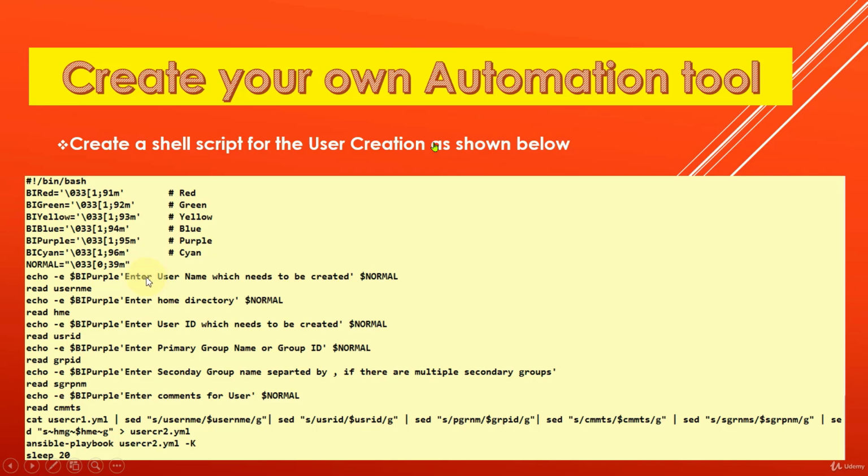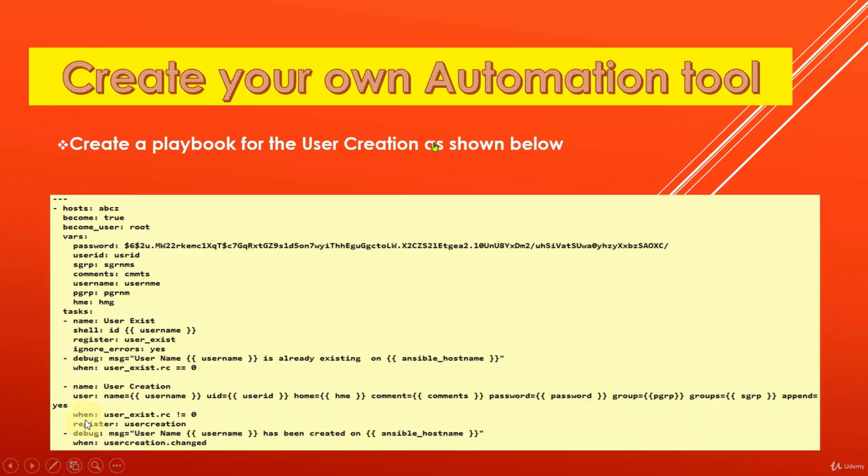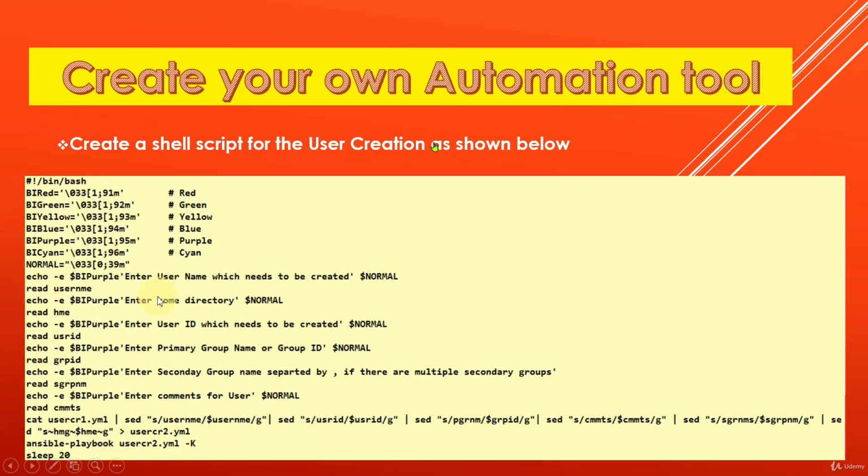I have used read for the variable. So suppose it will ask for the username, you have given David, so David would be placed here as the username, like home and all those things will be placed, and at last it would cat this file, and using the set command, whatever variables are taken from the user will replace those names in the file. So this is the file user cr1, and these are the variables which I have taken as input, and I have used the set command to replace those